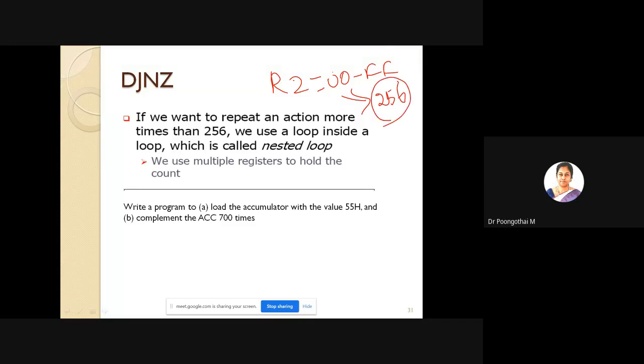If the action is more than 256 times, in that situation we can use 2 count registers, each loaded with an 8-bit value. This can be defined as the outer loop count, and this can be defined as the inner loop.